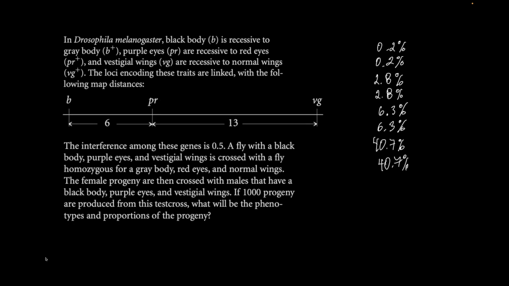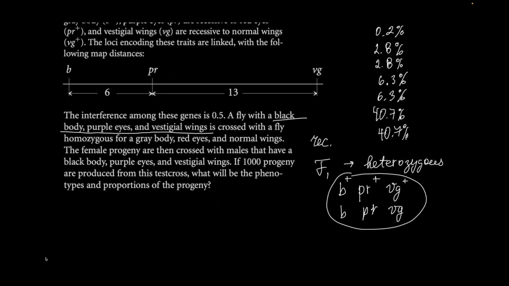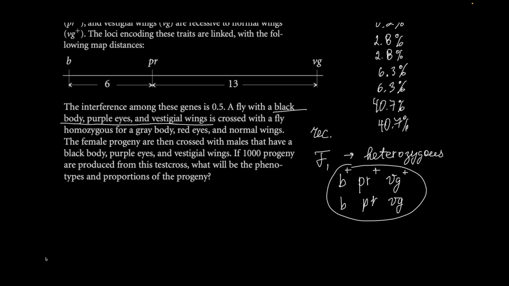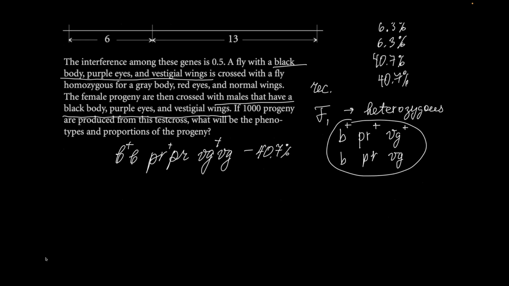So where did we start? We started with black body, purple eyes, and vestigial wings. So we had a recessive fly crossed with the homozygous for gray body, red eyes, normal wings. So we have the F1 as the heterozygous, B plus, PR plus, VG plus, and then just B, PR, and VG. That was our female fly that was crossed with another recessive male. Non-recombinant, we would get 40.7%. Completely recessive,